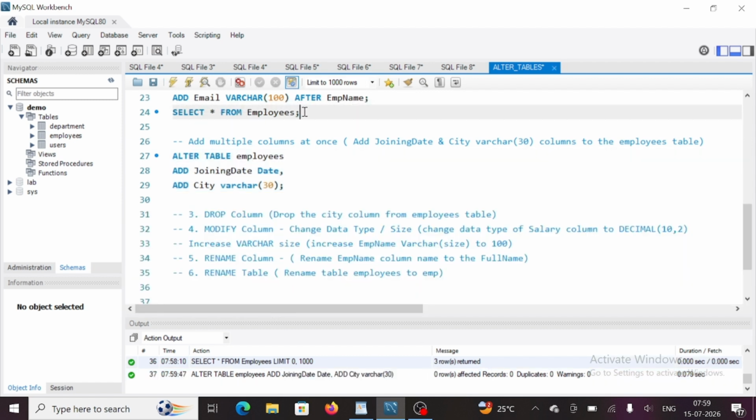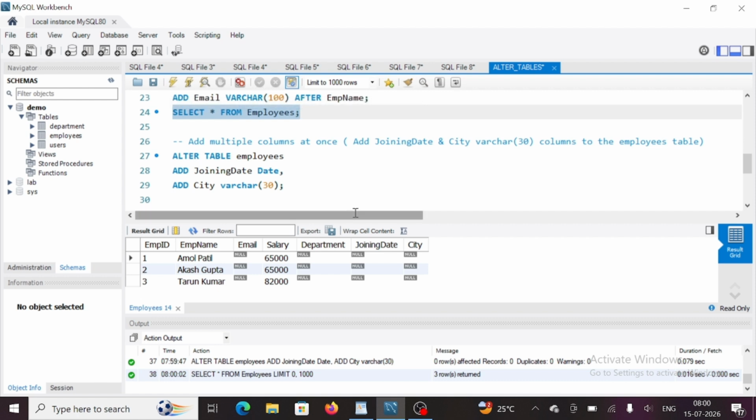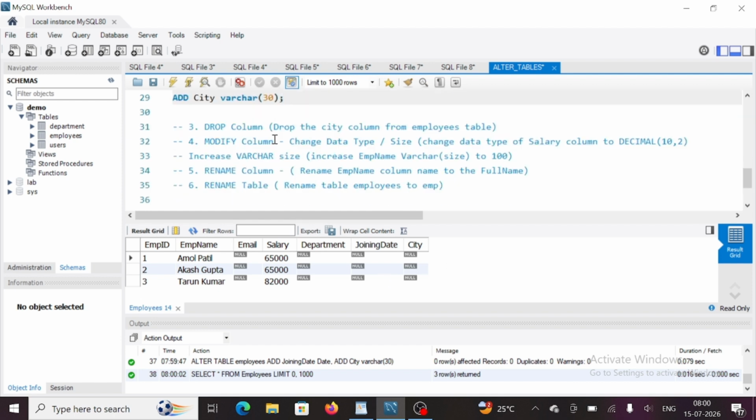Now how will we verify that these new two columns got added or not, joining date and city? We have to execute this. Read data from employees. Let me execute. Yes, we have successfully added multiple columns at once, joining date and city. We will go to the next thing,